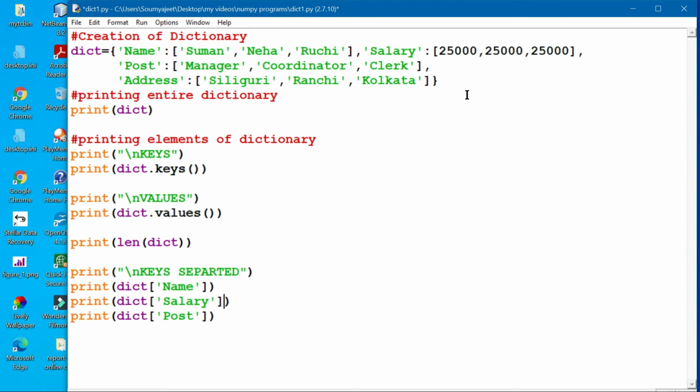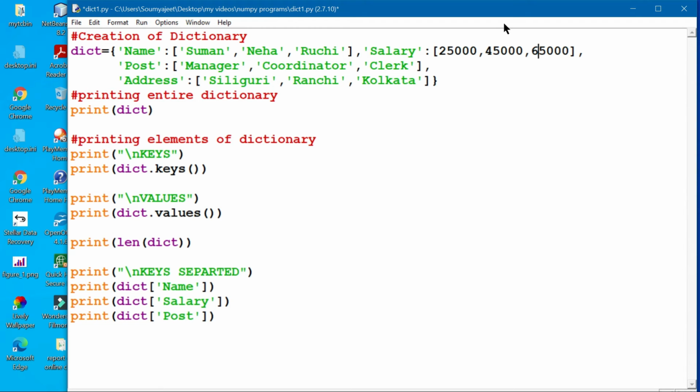It will be better that if you are writing your program in your own way, you see the program properly, and there will be no problem, but you will write it in your own way. All right, you have seen the pattern of the program. This is simply creating a dictionary, creating its keys, values and item values, and the length of the dictionary, and the separated key values have been printed regarding that.